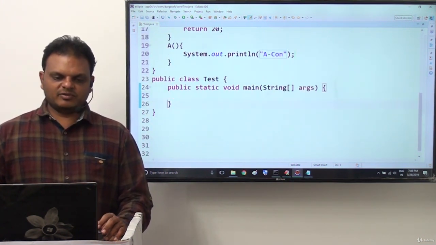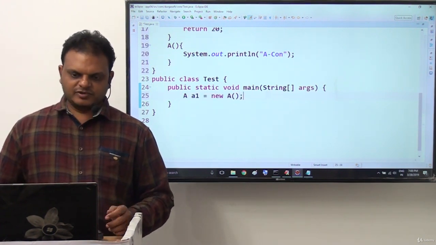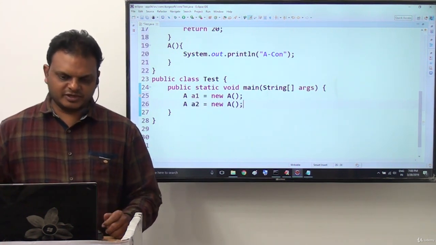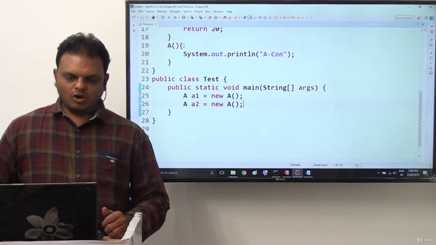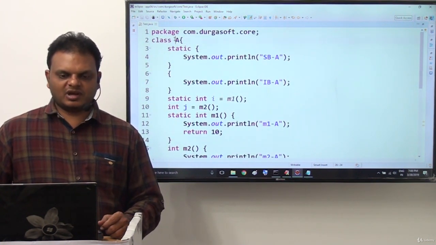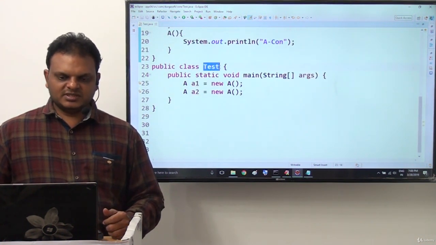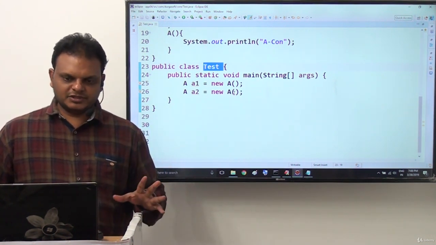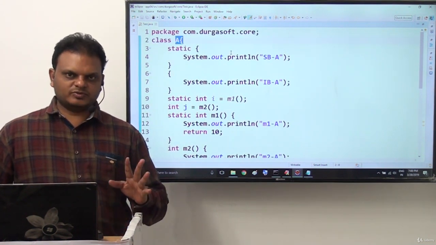Right sir. After this constructor, what is next? In our main class and in our main method, inside this A1 is equal to new A object, here we created the first object. Now A2 is equal to new A, second object here we created. If you observe this total Java file, how many classes exist inside this Java file now? Class A, this is one class. Next one is class tester, second class is available. So if I compile this Java file, two .class files here we are able to get. One is tester.class file and the other one is A.class file.